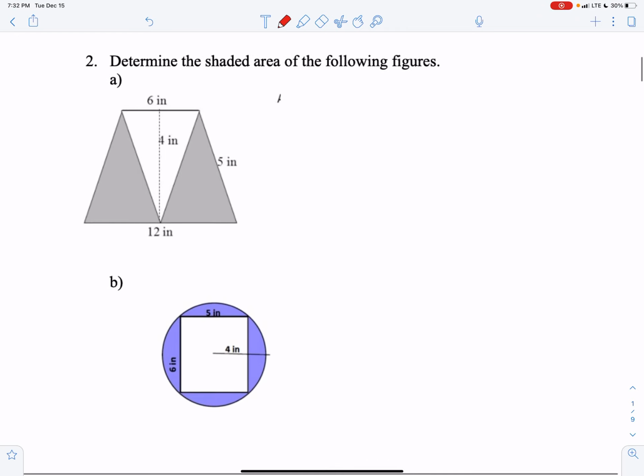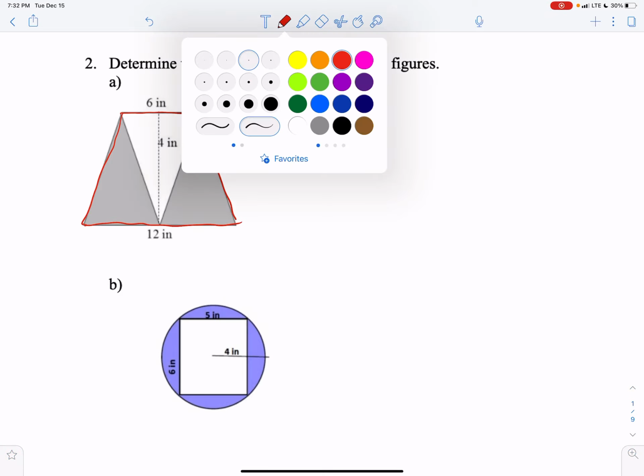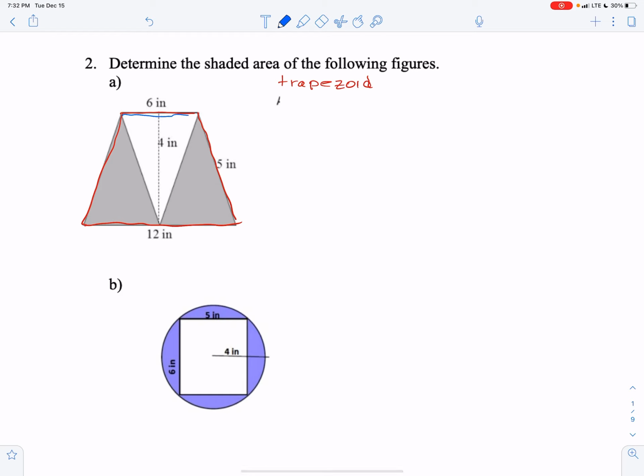For 2, we want to determine the shaded area of each of the following figures. For the first figure, for A, we want to take the area of the trapezoid, and so here's our trapezoid, where we have one pair of parallel sides. And we're going to subtract the area of this triangle. All right, so for the trapezoid,